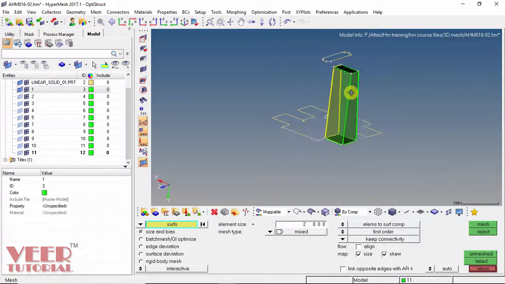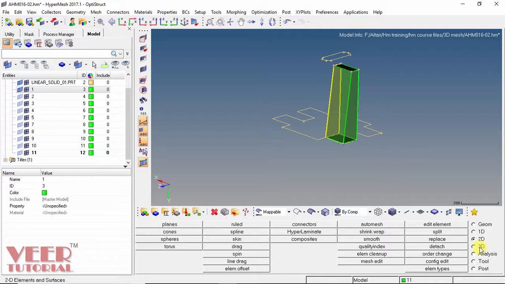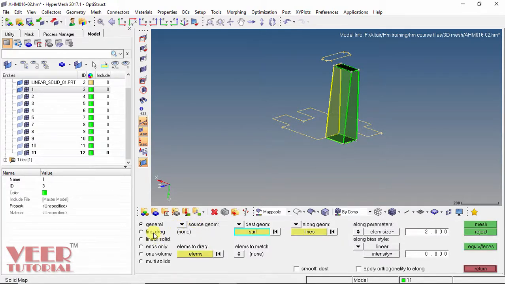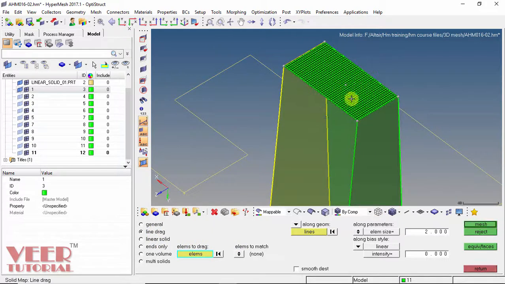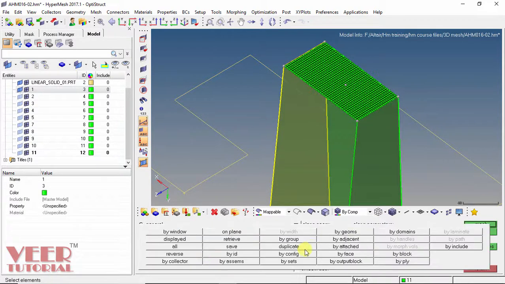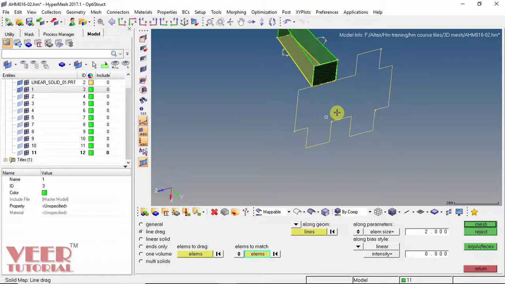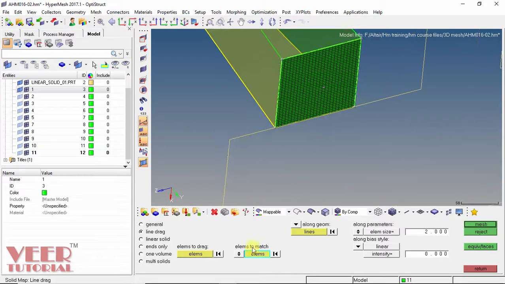So 2D meshing is done. Then go to return and go to solid map and click on line drag. Elements to drag, select this element, go to element by face and then elements to match, click on this arrow, select this bottom element and then select element by face.